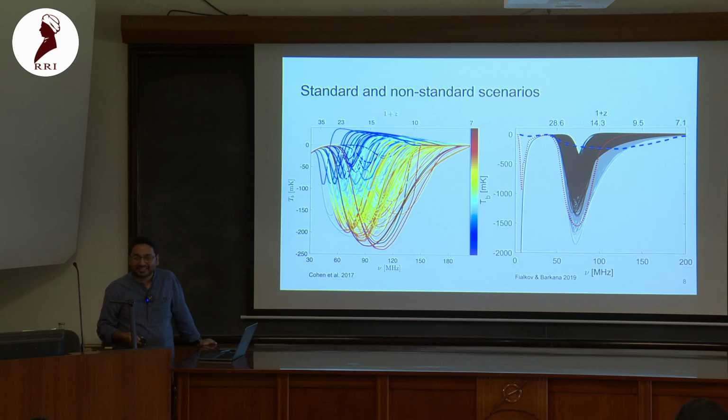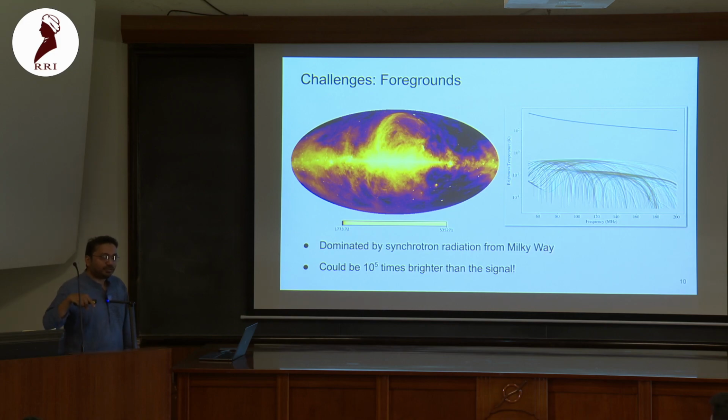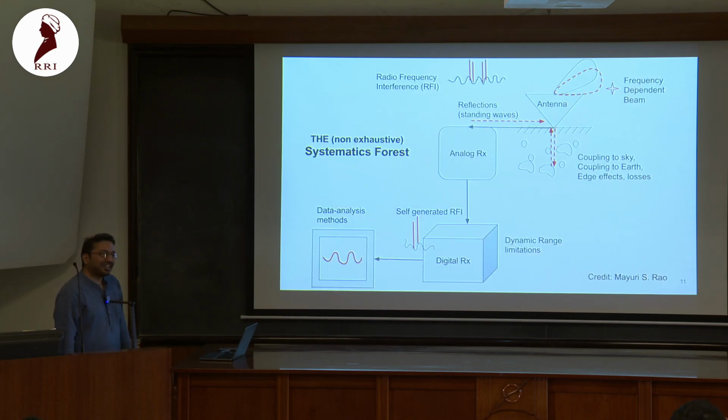Right, but then again you do have, it's not accurate, but you have these models of the galactic magnetic field, like Sun or Farrar, let's say. Yes, yes. So definitely we can't subtract a template, but we can fit a model. Yeah, we do that. I'll come to that. Okay. Yes. Because of the radiative mechanisms, we know what kind of models we can employ. Yeah. The problem is the instrument again. And that basically brings us to the systematics forest.